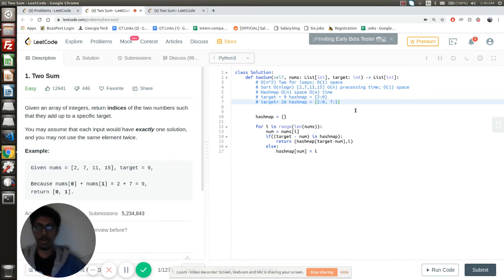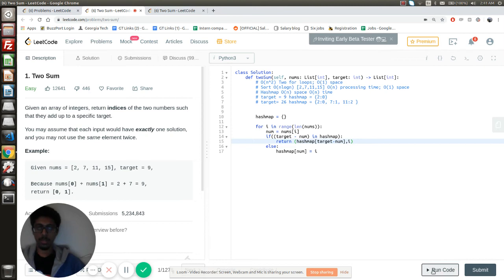So still we haven't found the solution. Next, 11 goes in the hash map with the index of 2. And then when 15 comes, we will have 26 minus 15, which is 11, right? That is there in the hash map. So when 15 goes in, we will just return the index of 11, which is 2, and the index of 15, which is 3. So this should be the correct solution.